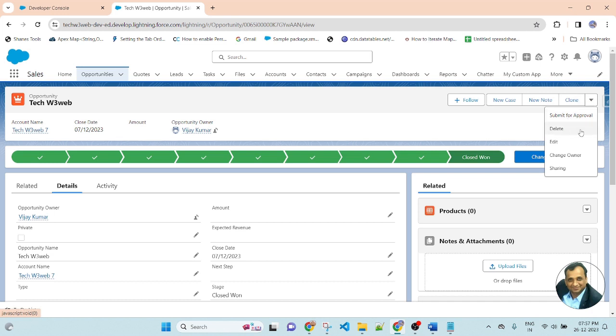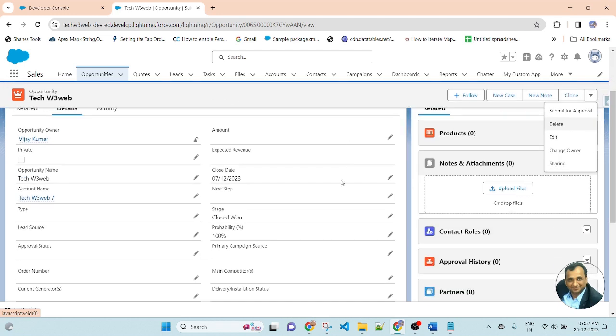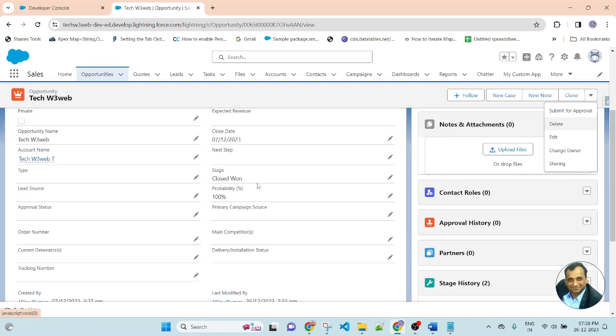Click on the arrow button. There is an option, Delete. If I want to delete the record, before deleting the opportunity record, we will check the stage. If the opportunity is Closed Won, then do not allow the record to be deleted. Here we will display an error message: a Closed Won opportunity record, we cannot delete it.